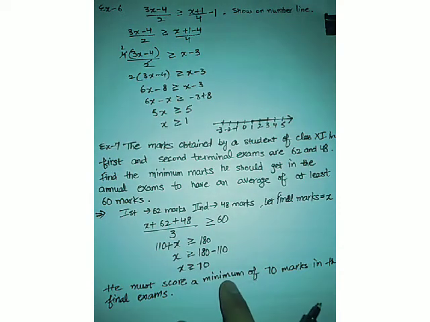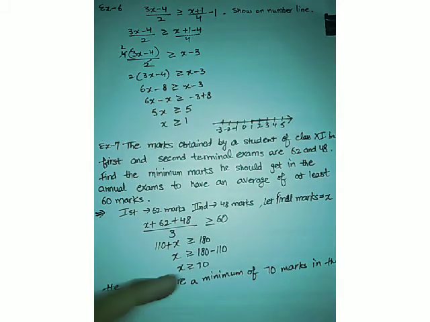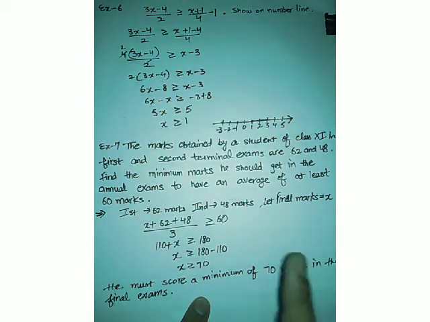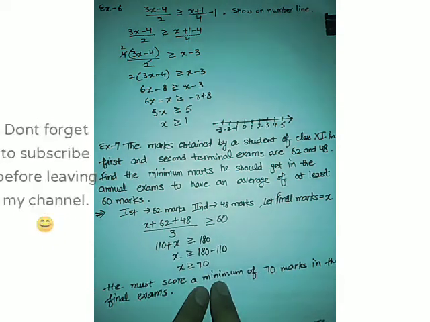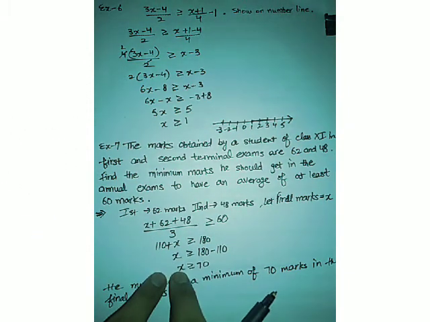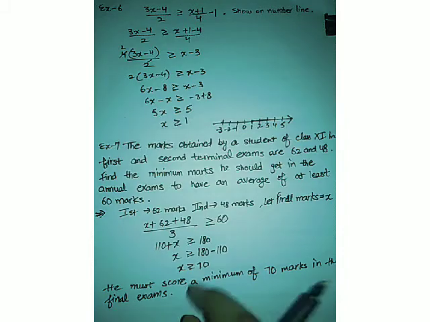Because it's greater than or equal to 70, he can score 70 as well, and he can score more than 70. So it means the minimum limit is 70 only. Either he scores more than 70 or he scores equal to 70, but he should not score less than 70. That is why it is the minimum limit, not the maximum limit. Don't get confused between the sign of the inequality and the minimum maximum thing. I am saying it again and again. If there is a greater than or equal sign, it means the minimum limit is given. If there is a less than or equal sign, it means the maximum limit is given. All right, just think about it practically so you will understand it better, or otherwise watch this video again and again in order to understand the concept carefully.